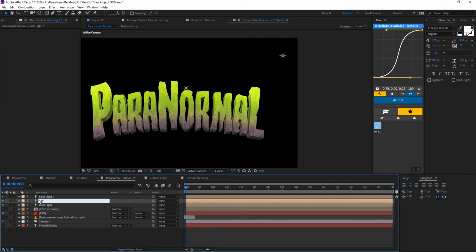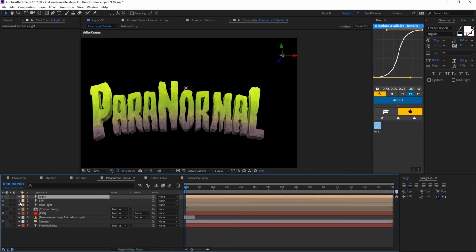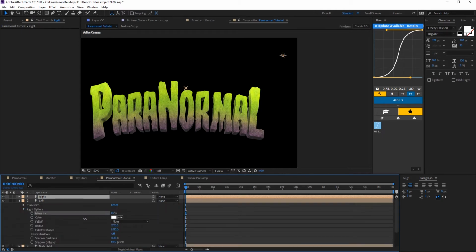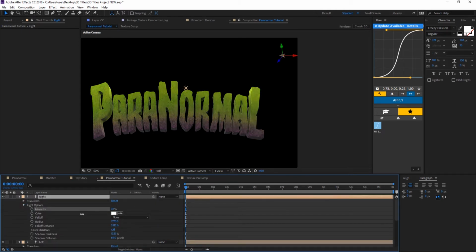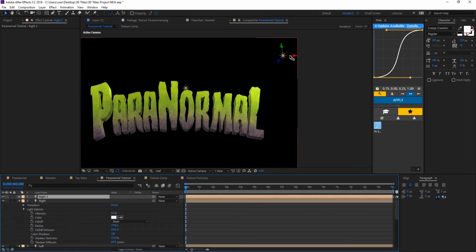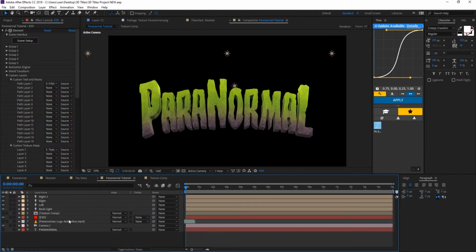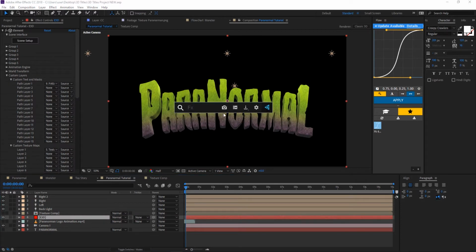Maybe name this left, name this right. These lights have a bit too much intensity, so kind of like that. Decrease this as well. And then we can have one more in the middle here, and we'll just make that very low. Next thing we can do is maybe add some color correction, control space on the Element3D layer, type